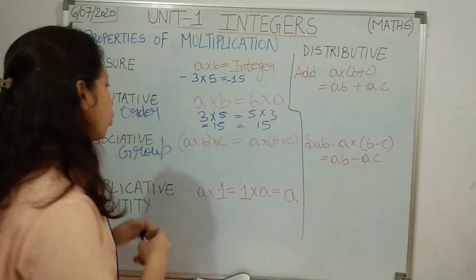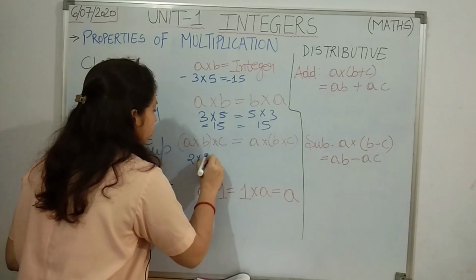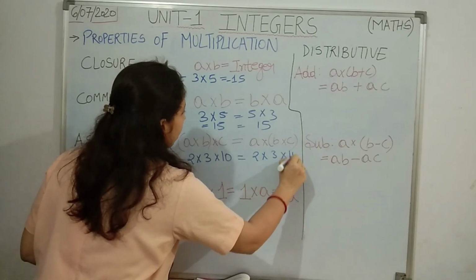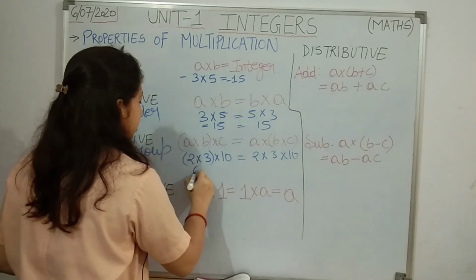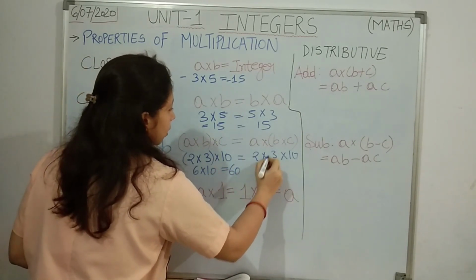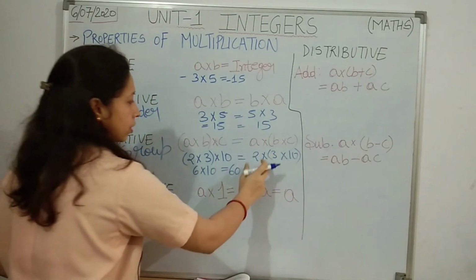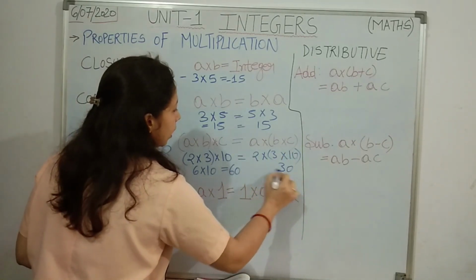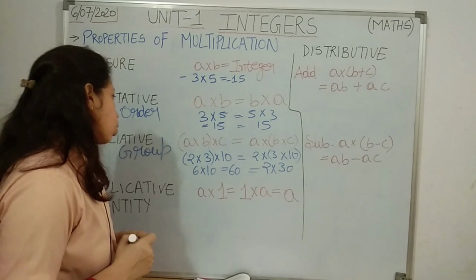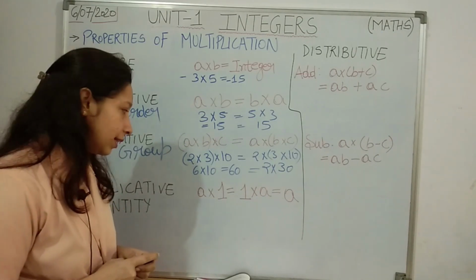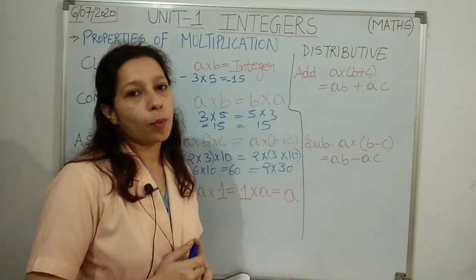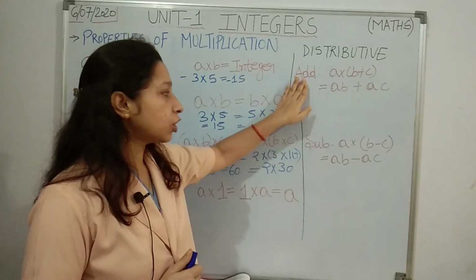Then associative property, you can form groups and multiply. 2 into 3 into 10. Here again 2 into 3 into 10. I will multiply this 2 first. 2 3s are 6. 6 10s are, you will get 60. Here also 2 3, here I will multiply last two numbers first, last two integers first. So 3 into 10, 30. 30 into 2. Again what you will get students? Again you will get 60. So in associative property we can form groups and multiply the integers. Then let's see the next topic, next property is distributivity property of multiplication over addition and subtraction.